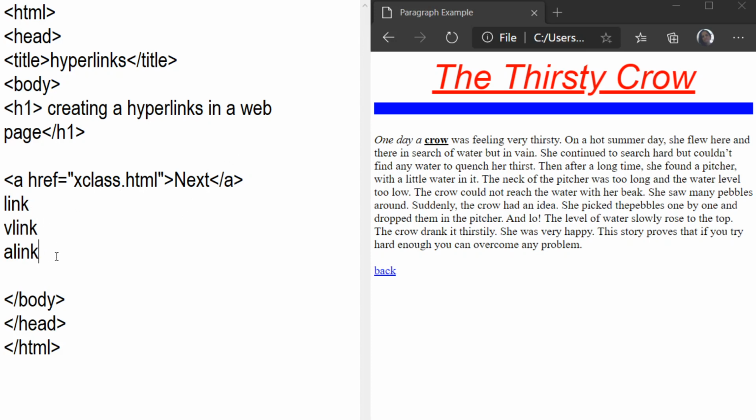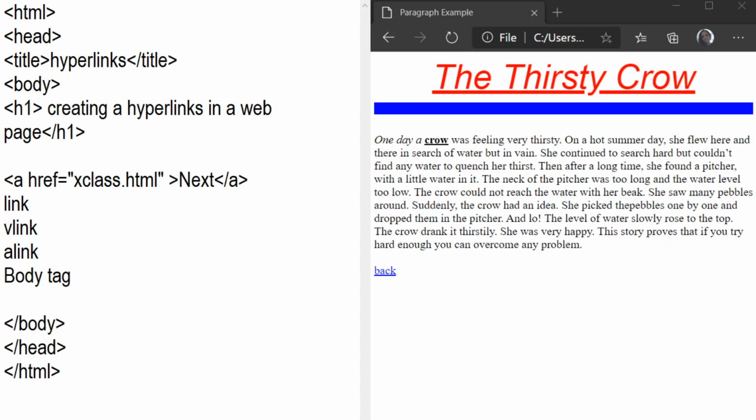These all three are the attributes of the body tag, but work with the A tag. Clear everyone? You can see the result of these attributes with the A tag, but these are the attributes of the body tag. How can you create this? For example, we want the visited link not in purple, we want the visited link in red color.